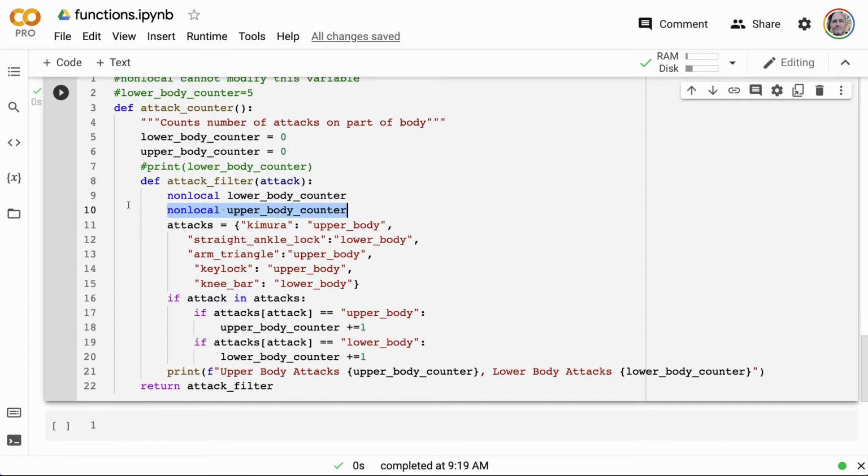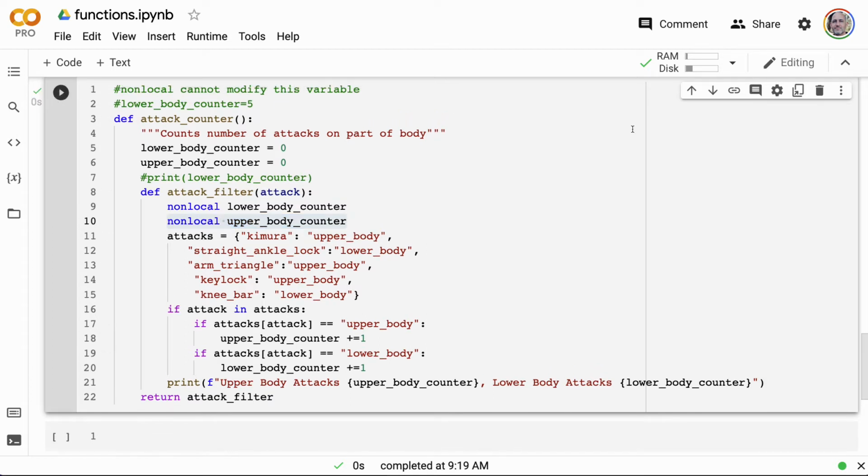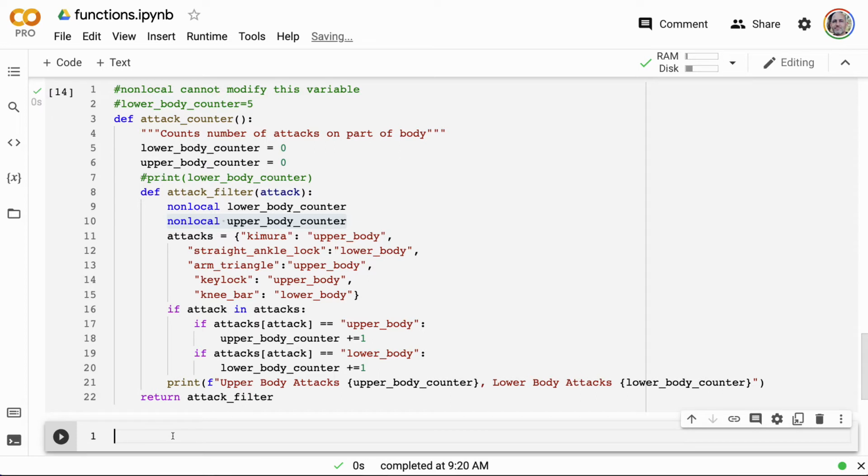And so what happens is every time I call this, the inner function will keep track of the state and pass that to the outer function, so that basically this is a counter that we can actually build inside of two functions working together. And so how would I call this out? Well, I would just go through here and I would say, okay, let's build a fight here. Again, let's pretend like we're building our own video game from scratch here, and I want to build this out.